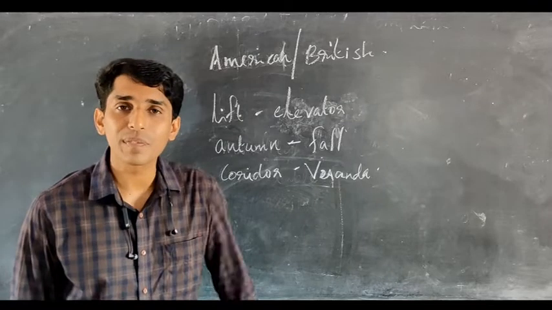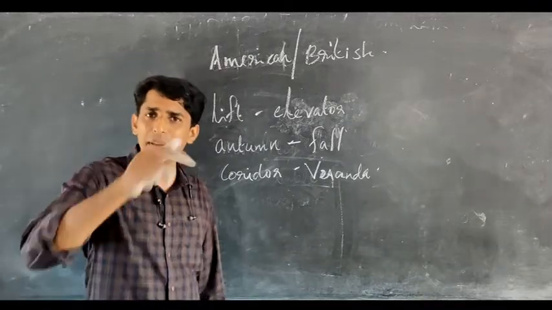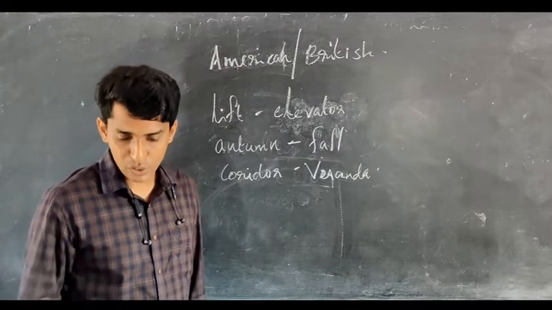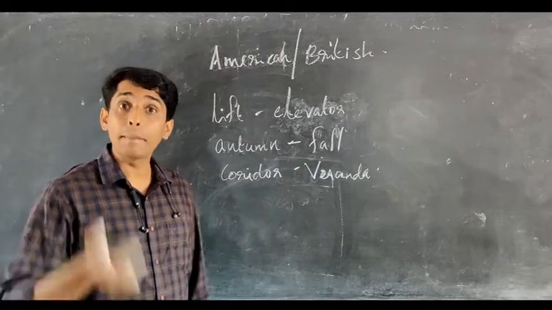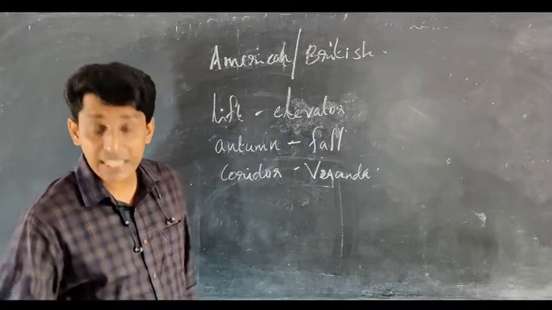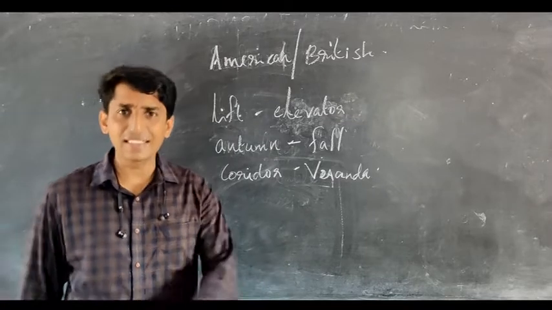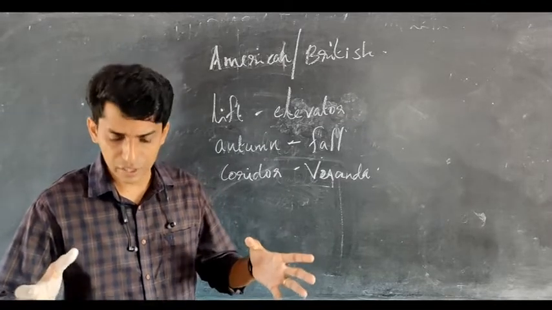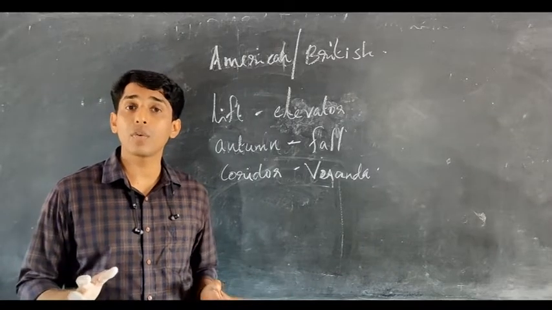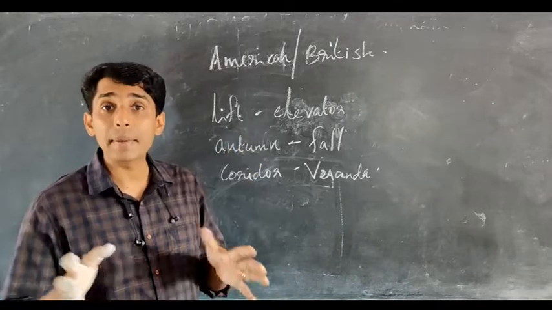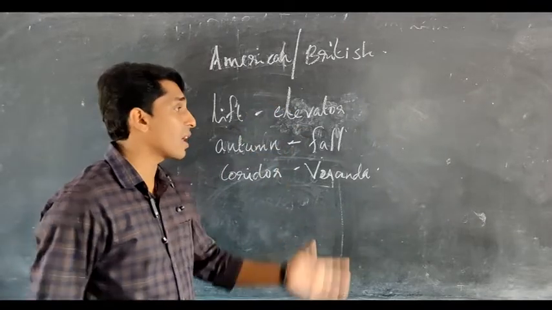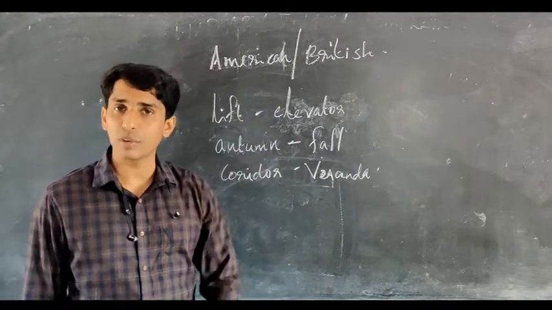Okay, sweets. Sweet. What may be the American word for sweet? It is candy. Okay, sweet is given there. Okay, bill is given there. Receipt is American. Bill is English. Receipt is American. So like that, you may find out British and American equivalents of the words. You can also find out many other words which have got a different word in American English because we are using British English.